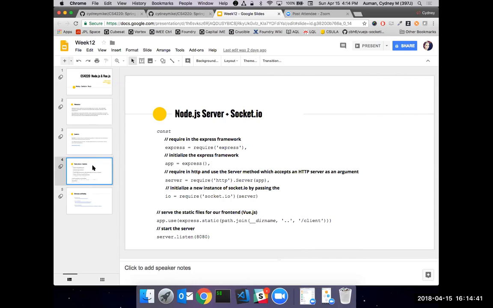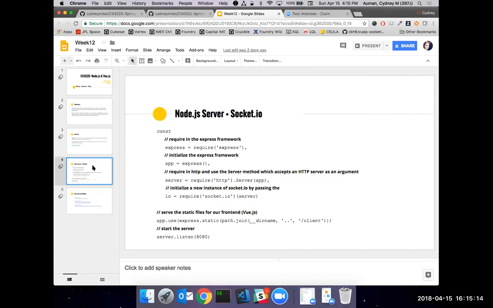So, here we have the Express framework. That's the same thing we've always done in our Node servers, right? We require Express, and then we instantiate the Express framework. We declare a variable called app. So far, so good. And now comes a little bit different part. We're going to reach in and use the HTTP module that Node already has for us. We're going to create this new variable called server, because we're going to mount our Socket.io server inside.